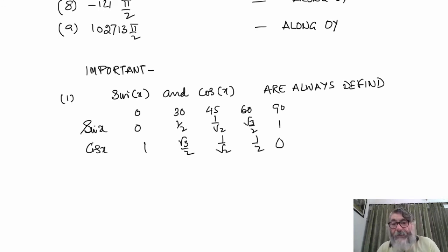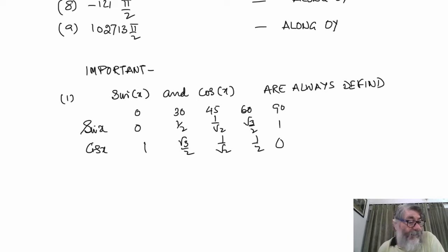From 0 to 90, if they are defined as 0 to 90, they will be defined everywhere. Because there is no value at which sin and cos x are not defined. Sin and cos x are defined absolutely. So sin x and cos x are always defined. For all values of x, sin and cos will be always defined. Now let us take